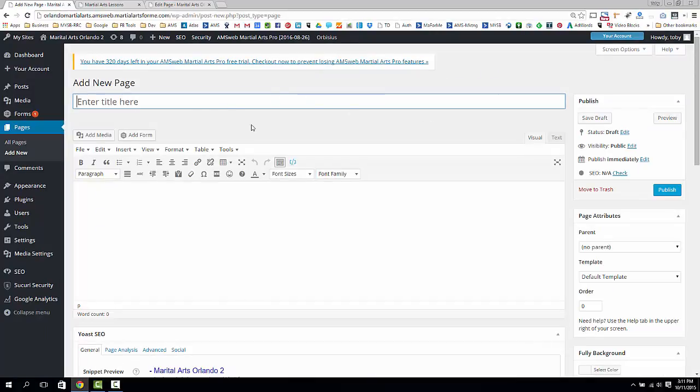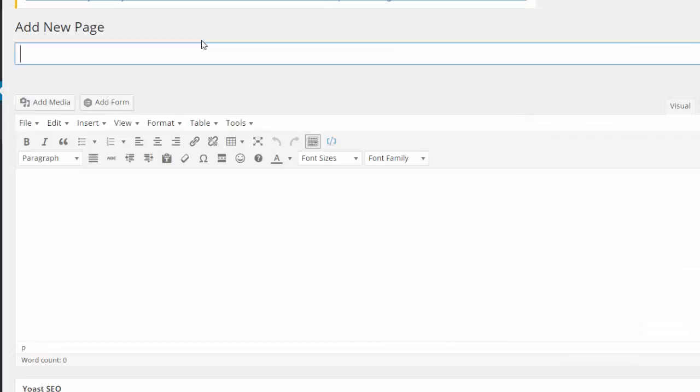And I'm back to my page editor. So I'll click the Add New Page title, I'm sorry, enter title here. And this title will also be the link, the URL, unless you decide to change it. So you want to be thinking about search engine optimization. Think about keyword density when you name your pages. So for example, this page would be named